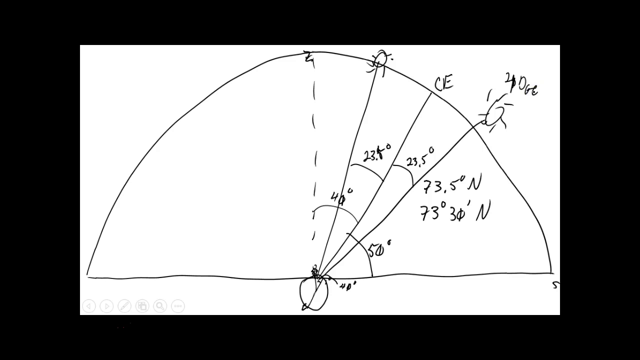What would you do here? 27. Yeah, you subtract the 23 and a half from the 50. So I'm going to write it as 50.0 degrees minus 23.5 degrees, and what would that give you? 27. Second? 27. No, not 27. You borrowed one. 26.5 degrees